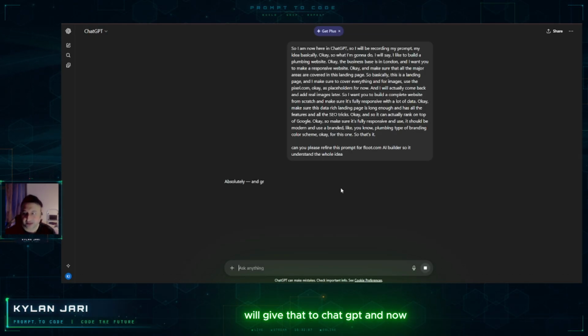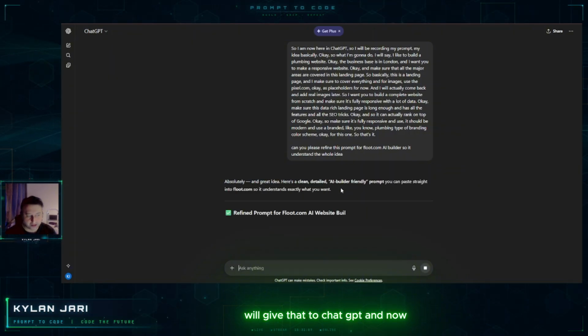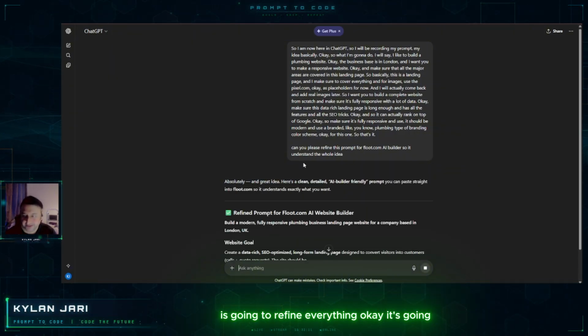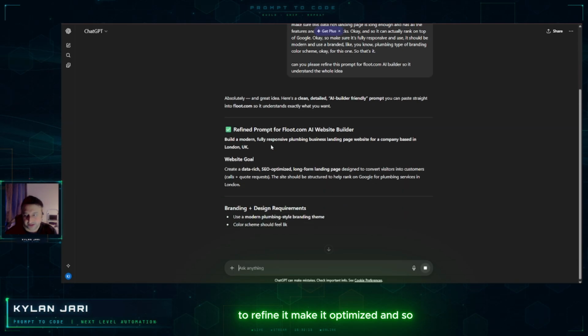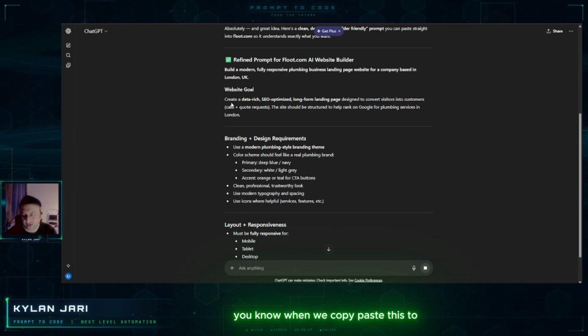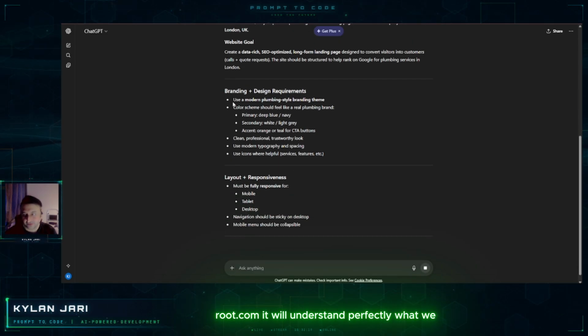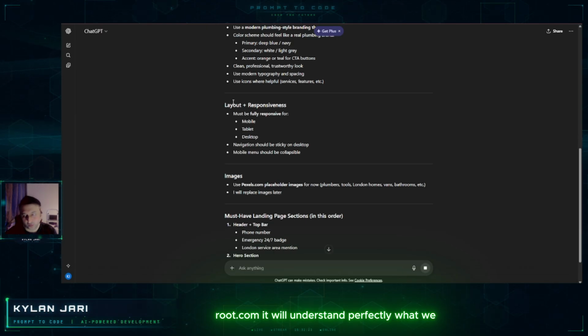I will give that to ChatGPT, and now it's going to refine everything, optimize it, so when we copy and paste this to Flute.com, it will understand perfectly what we really want.